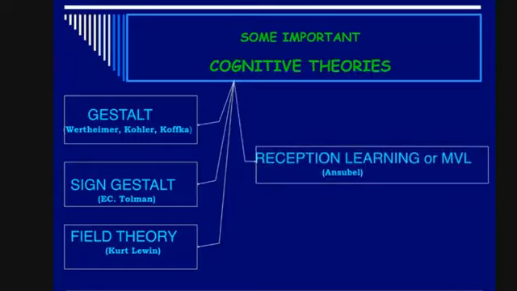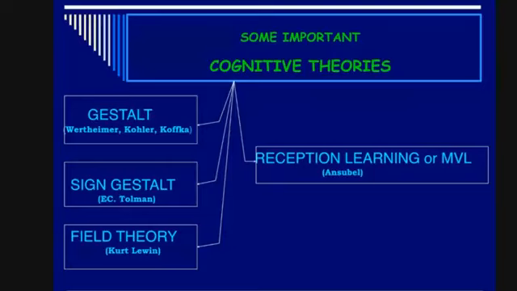The next theory in cognitive psychology is the meaningful verbal learning theory of Ausubel, and the reception learning also it is called. His theory is sometimes called advanced organizer theory. This advanced organizer is the cognitive restructuring for accepting new knowledge, something given in advance. So in teaching, this also happened to be a very important contribution, right?